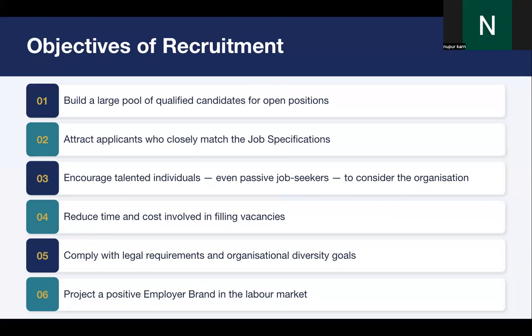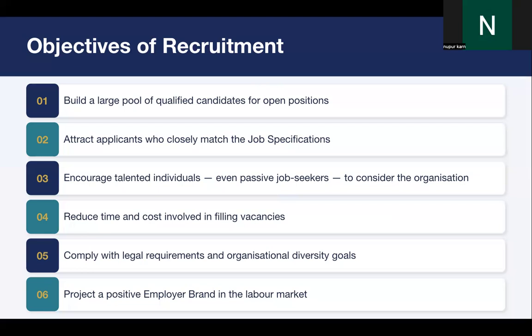For example, suddenly you have hired like 10 employees for a role. This will cost a huge amount to the company. And what if the hired persons are not a good fit for the organization? In that case, you are going to lose a lot of money. So this can't be cost effective in that way. So costs are also involved. If you are going to hire a person, you need to do proper